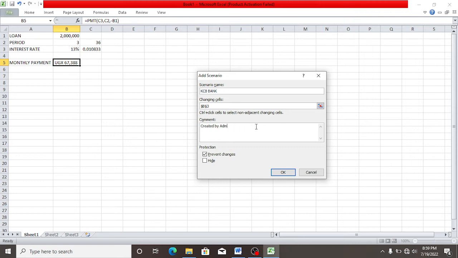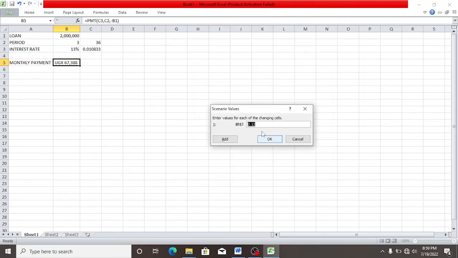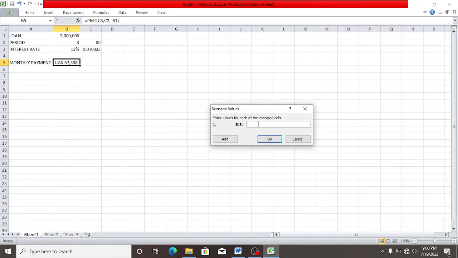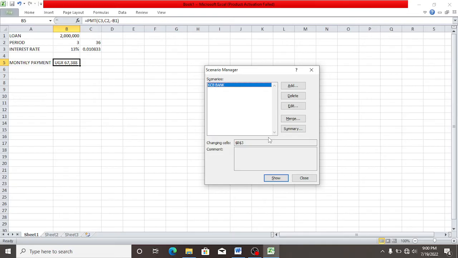Let me delete it. Okay. Then I press OK. Then I'm going to change the value, the interest rate, to 10%. So now I've created my scenario for KCB Bank. You can run it and do each separately, but I'm going to use one report.